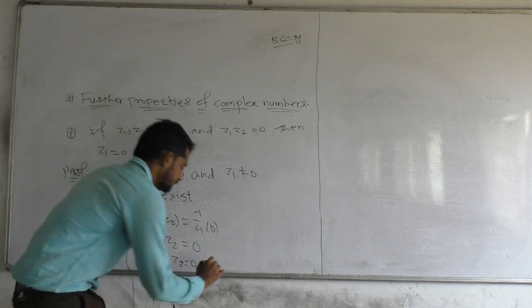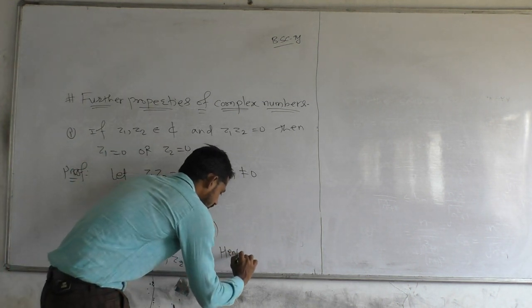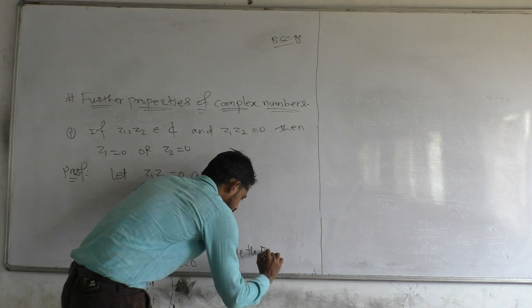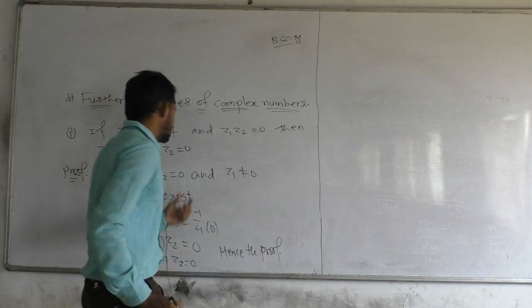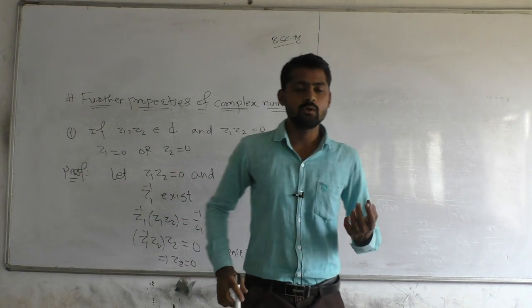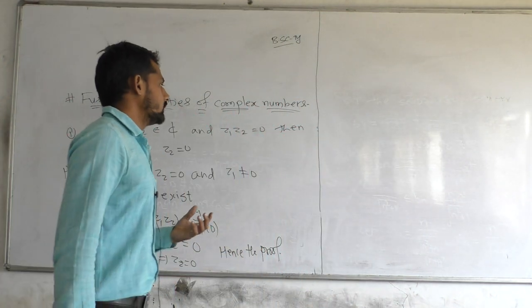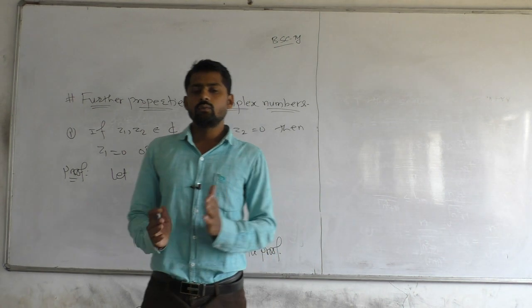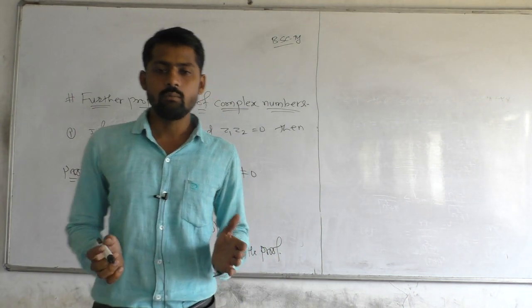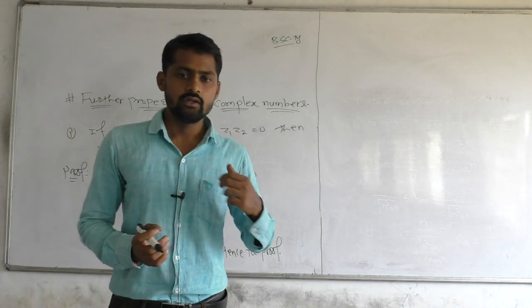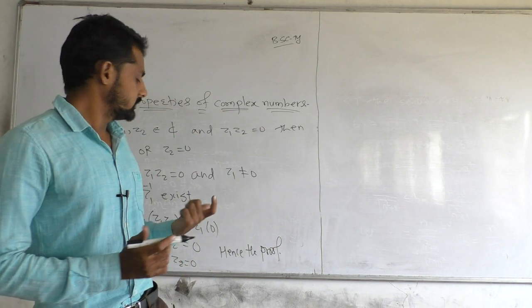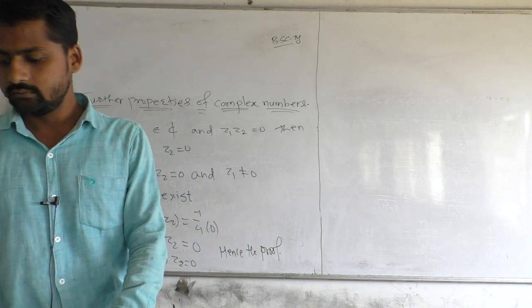Hence the proof. This implies that the set of complex numbers is an integral domain. So this is the concept in ring theory: if the product of two numbers of any set is 0, then at least one of the two is 0. Now the second property,